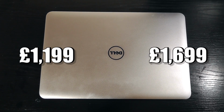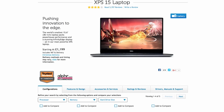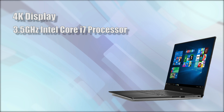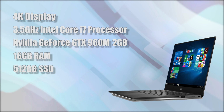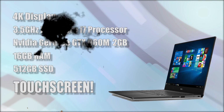and goes up to £1,699. The more you pay, the more RAM, processor speeds and screen resolution you get. The version that I recommend as a true alternative to the new MacBook Pros is the model that costs £1,699. It has a 4K display, Intel Core i7 processor that goes up to 3.5GHz, 2GB of dedicated graphics memory, 16GB of RAM, a 512GB SSD, and it also has a full-blown touchscreen which is incredibly responsive and an absolute